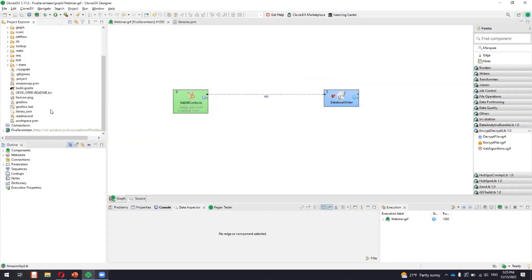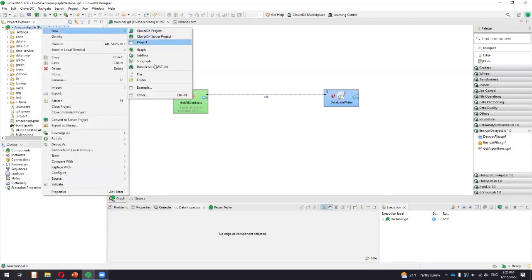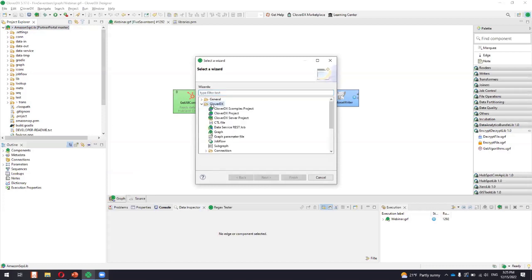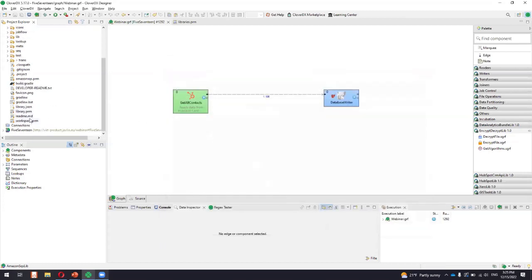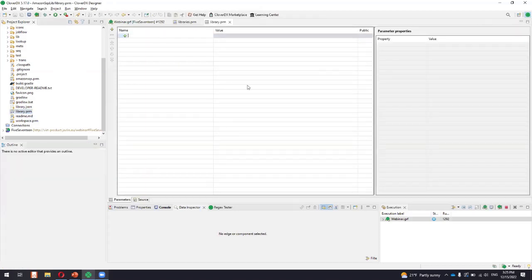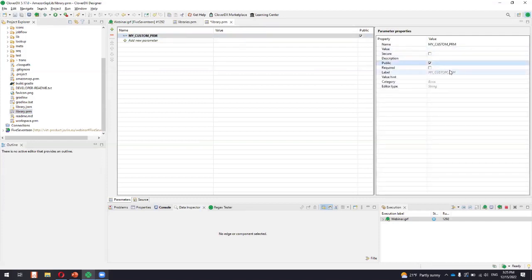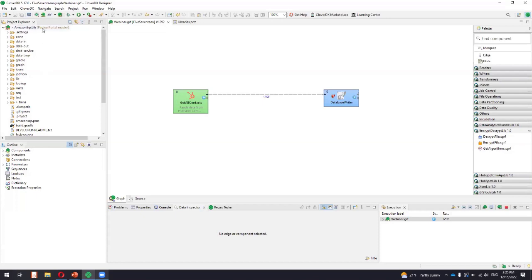Also, by the way, if I would like to add those parameters I was talking about, I would just create new, other, CloverDX parameter file, call it library.prm, and add my custom parameter, maybe give it some nice label and possibly also some default value. I can package it now,